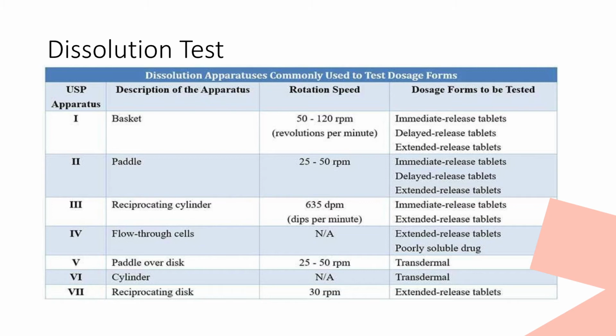Extended release dosage form means the tablet is used for a prolonged period of time and its action is prolonged. So in that case you need to have a different sort of arrangement. You can see for immediate release dosage forms, 3 apparatus have been suggested. First is the basket apparatus, second is the paddle apparatus, and third is the reciprocating cylinder. Out of these 3, mostly basket or paddle apparatus is used. Now for checking what is preferred, you need to refer to the official compendium, the official monograph of the tablet.